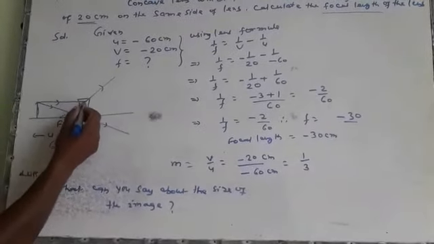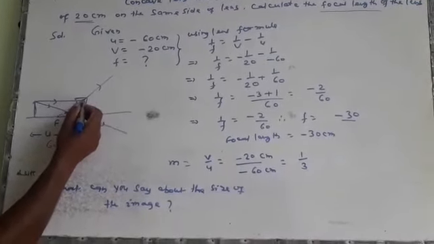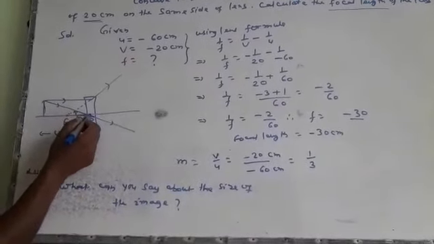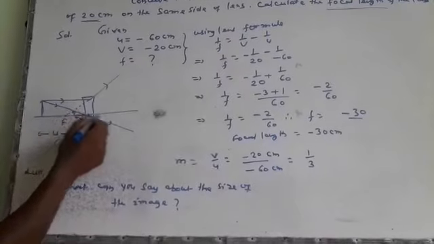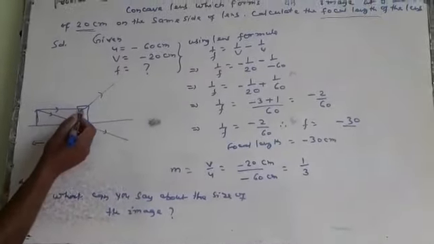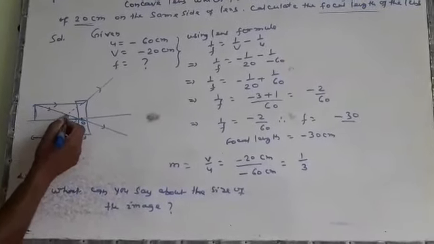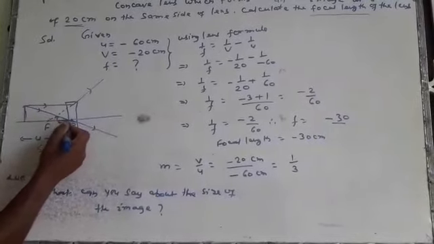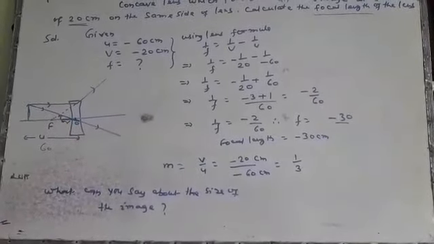A light ray is going, and after falling on the lens, it gets diverged. Another light ray is going through the optical center. As per the rule, it will go straight. There is no chance for them to meet anywhere. So when we produce this ray backward, both intercept here, so the image is formed at this point. The distance is given as 20 cm.